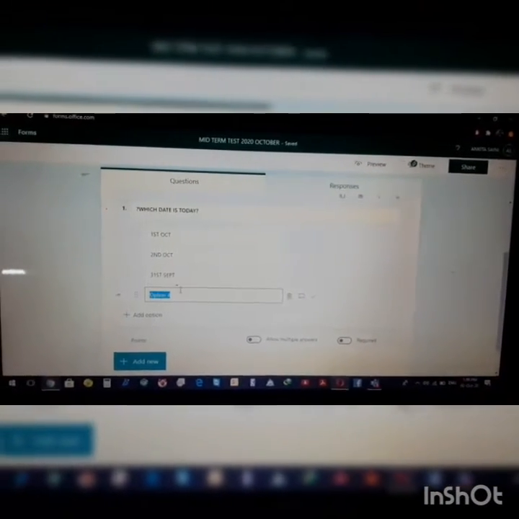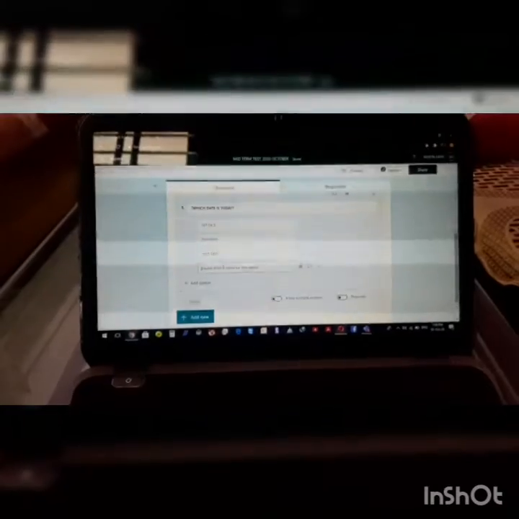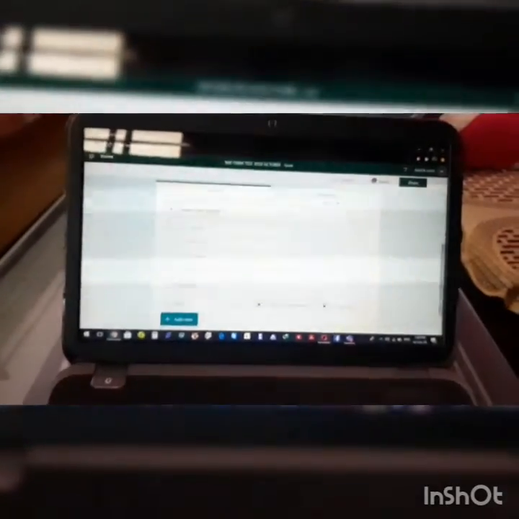So if you want to give more multiple choices, you can write them here clearly. Now check here, just hold on, wait for a second. I don't know what the issue is, my screen is flickering, but originally it is fine. Okay, so for the last option, if you want, suppose it is 30th September.